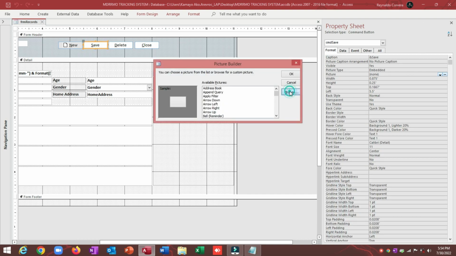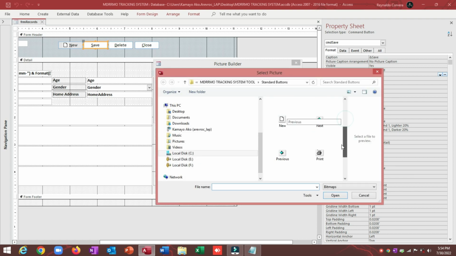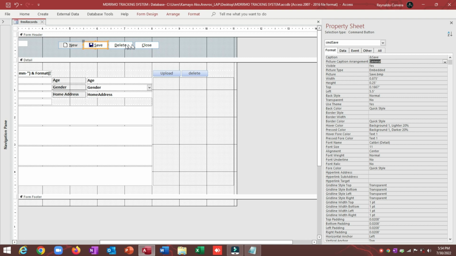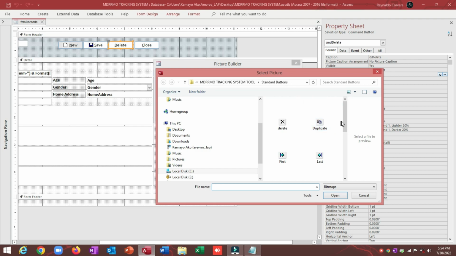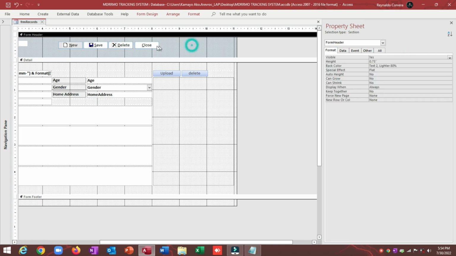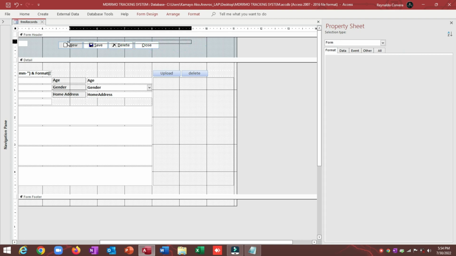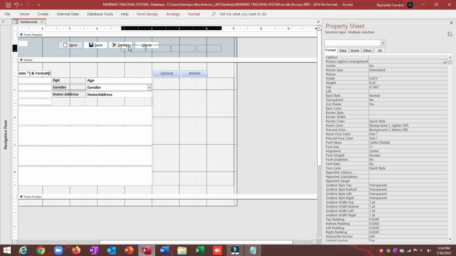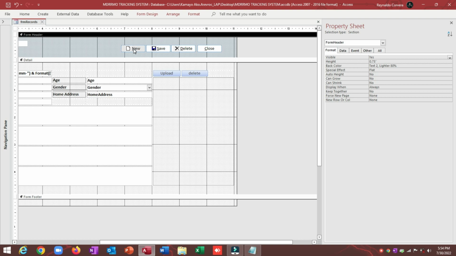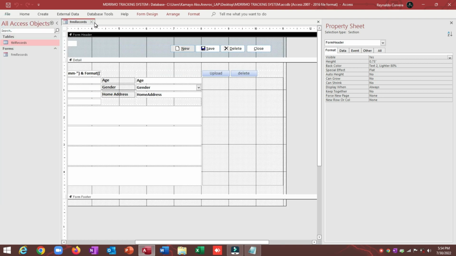I need to save, then delete. Okay, so these are our buttons. Then records. Okay, next is we need to